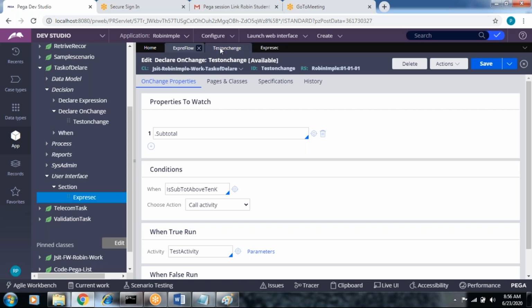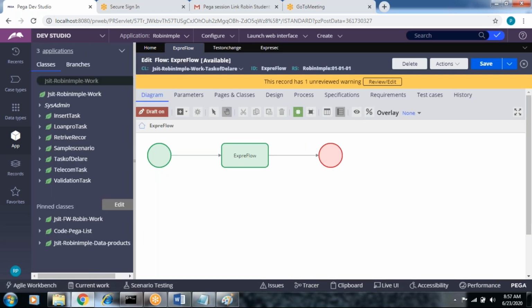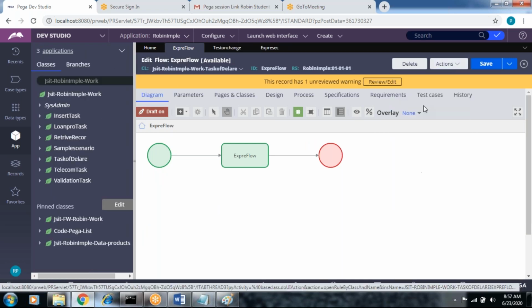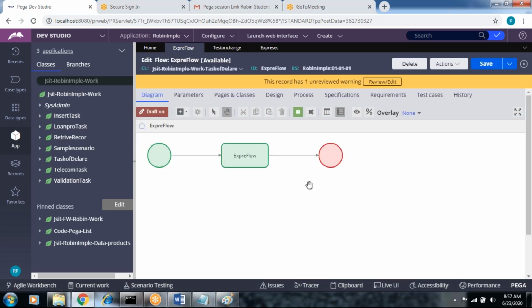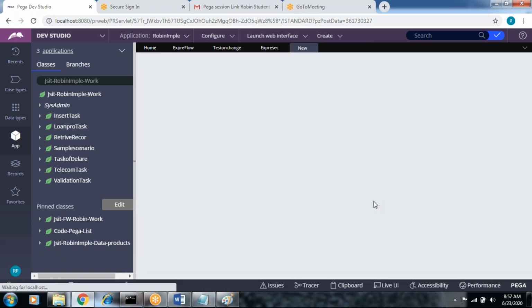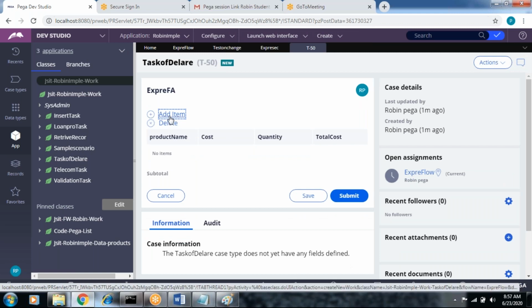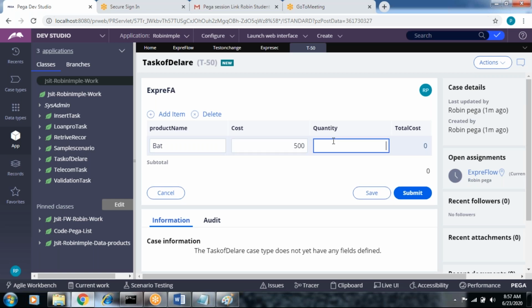So see what will happen. Go to the flow. Refresh, save and run this. Go to actions and runs. So just observe, above 10k subtotal. I'm going to set a product cost of 500, quantity 4. 4 means 2000.